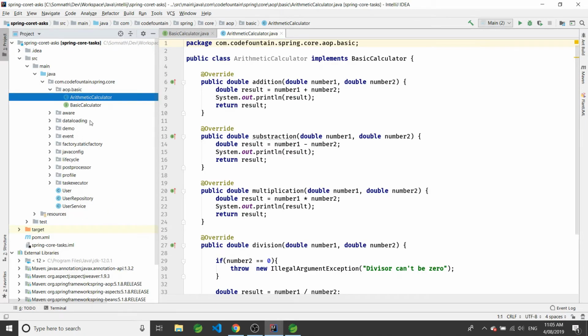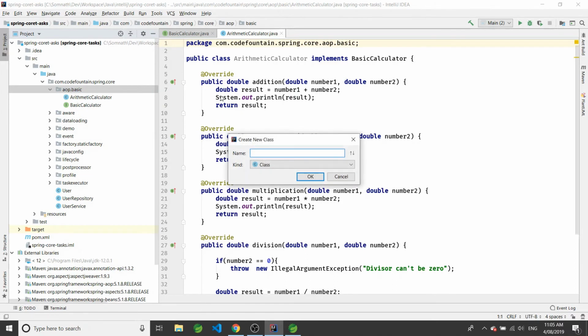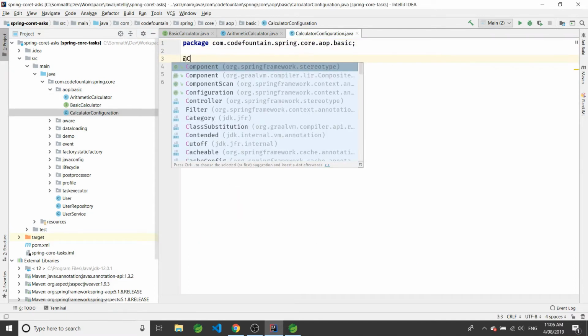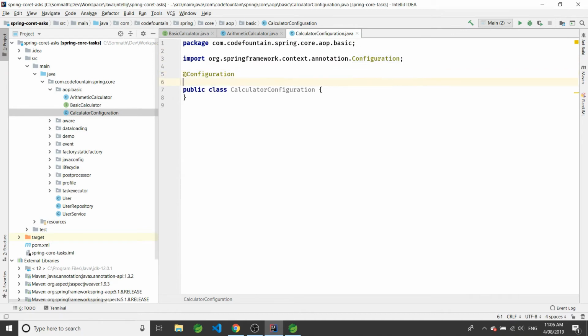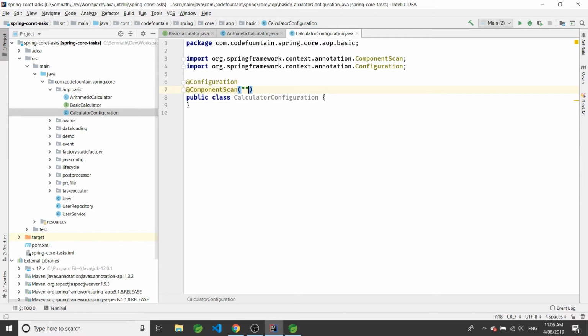Next thing we are going to do is write our configuration class, CalculatorConfiguration. So it's a Spring configuration class. First thing is @Configuration, then we have to do a component scan so that Spring can detect all the components in this package.